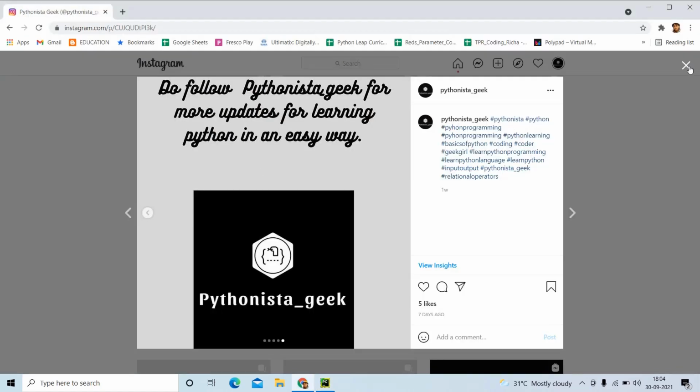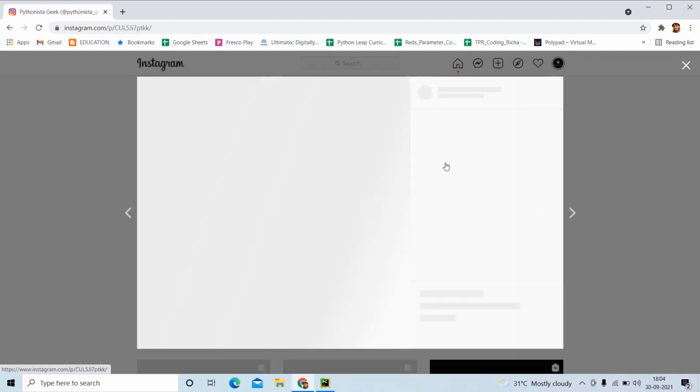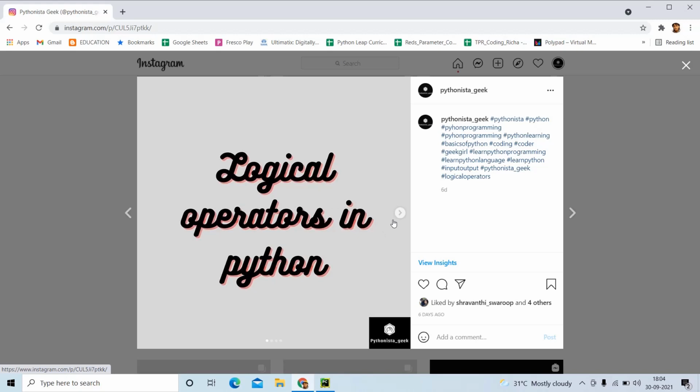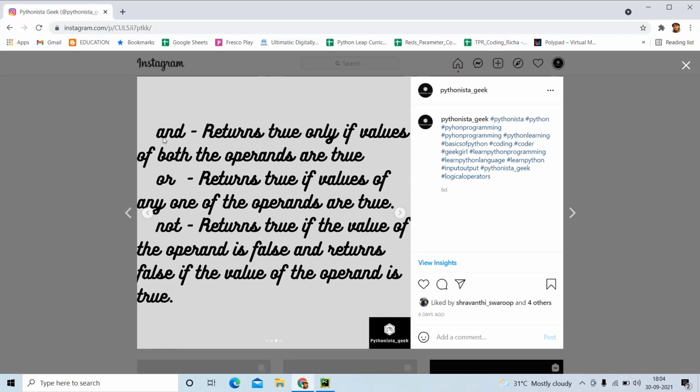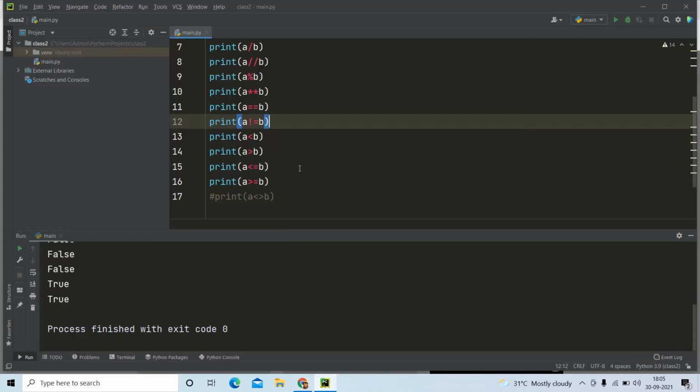Now moving on to the next kind of operators, which are logical operators. These logical operators are commonly used if more than one condition is going to be evaluated. If I am going to have two conditions which are going to return true and true, then these logical operators are going to be used. Like the AND operator, it will print true only if both the operands are true. And OR will print true even if only one operand is true. And NOT is going to reverse the value of whatever we are getting. So these are the logical operators, and let's come to the example.